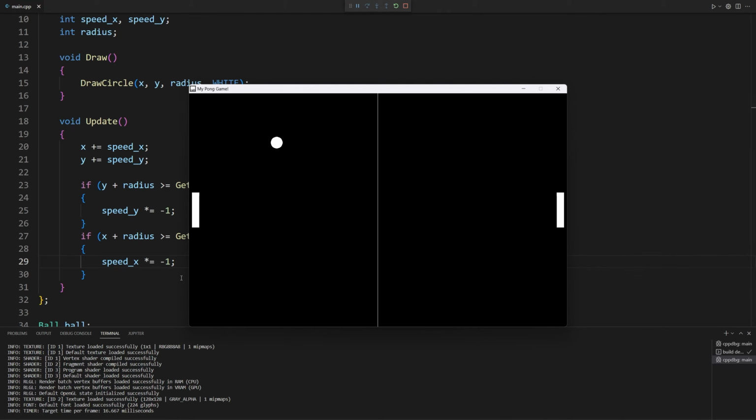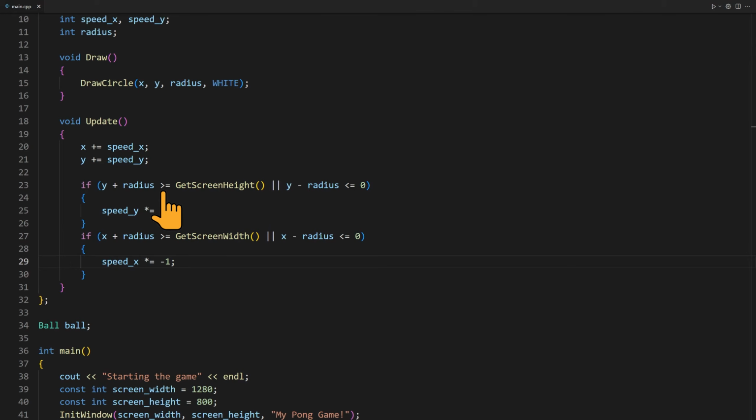One thing I have to point out is that in the if statement here, we don't compare if the two values are equal with the double equals sign. If the ball moved 1 pixel per time, the equality will work. At some point the ball will hit exactly the end of the window. Since we are moving the ball by 7 pixels per frame, the ball will not always hit the exact end of the window. So we check if the ball moved beyond the end of the window and then we reverse its speed. Now let's work on step number 5.